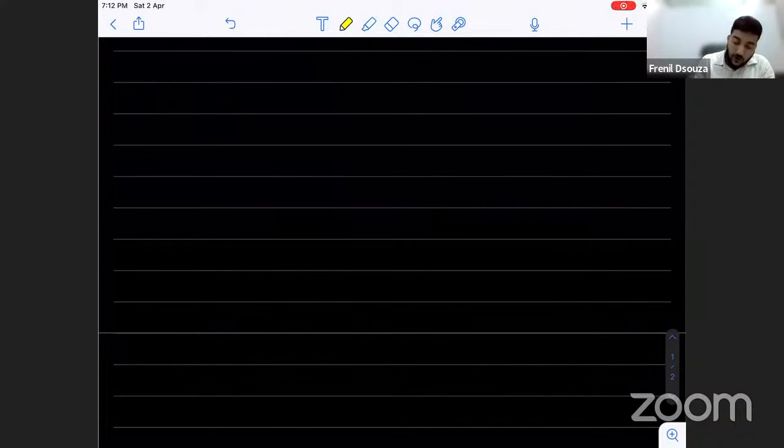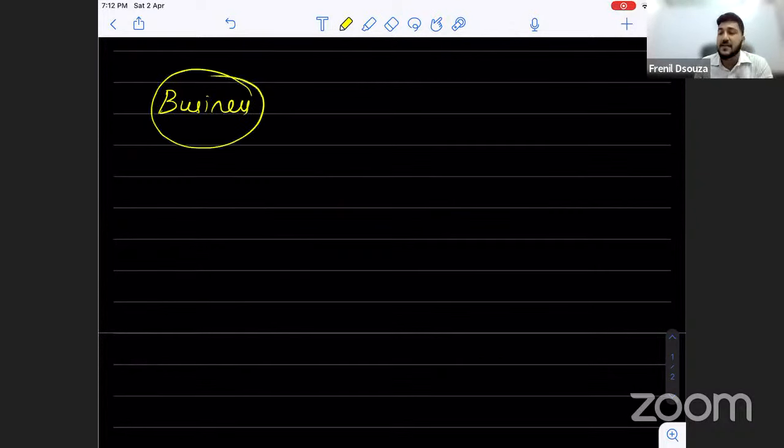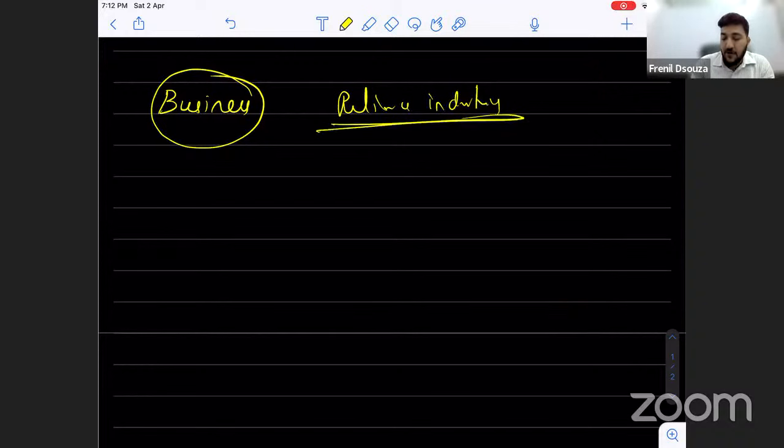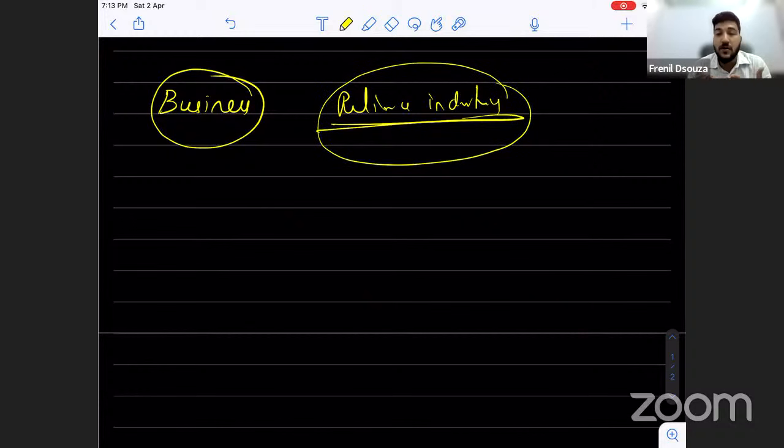If at all you have to talk about any business in general, let us take the business, let us call it Reliance Industries. I want to talk about Reliance Industries. Now, first of all, to understand how big this industry is, or how famous, or what their total performance is, we have to look at this one figure called turnover. What is their turnover? Of course, the profit and a lot of other things we have to look at.